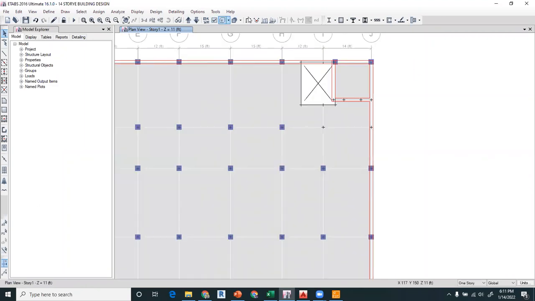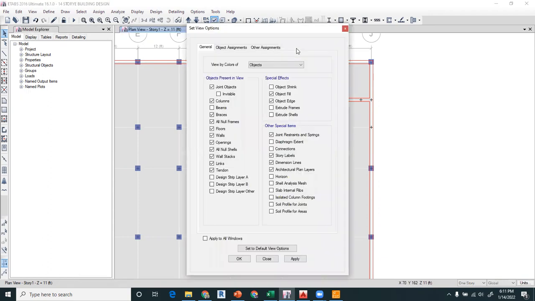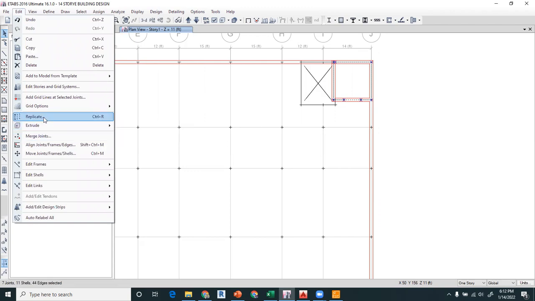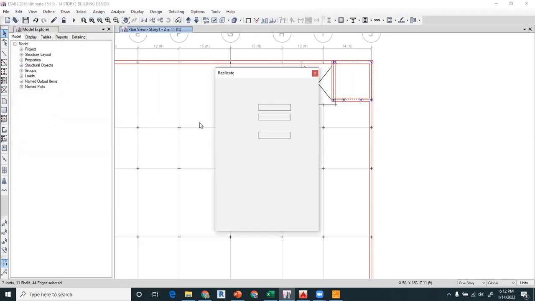If you want to use this one, let us use some of the tools, that is the rotation and the move command. So let us disappear the columns, floors and beams, and select this, and go to edit, replicate command,